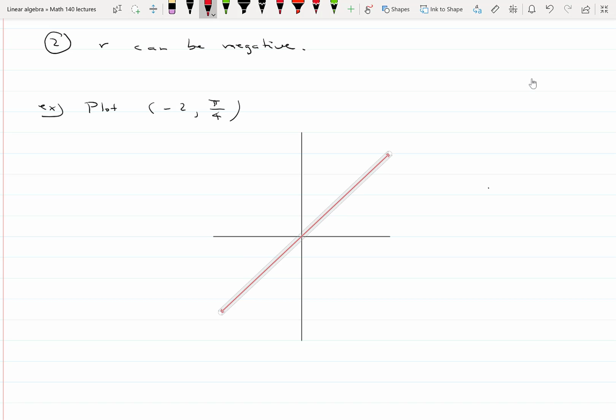So here's the entire x-axis rotated through the angle pi over 4. So here's the x-axis, just a copy of the x-axis. We're not rotating the whole plane, we're just rotating a copy of the axis. So here's x equals 1, here's x equals 2, here's x equals -1, here's x equals -2. So I'm going to rotate those values as well. So here's on the rotated x-axis, x equals 1, x equals 2, x equals -1 on the rotated x-axis,